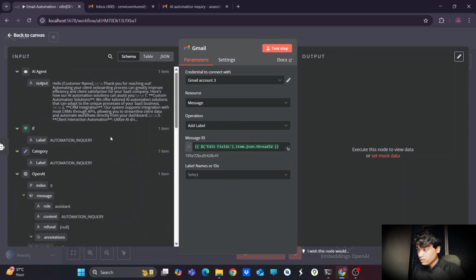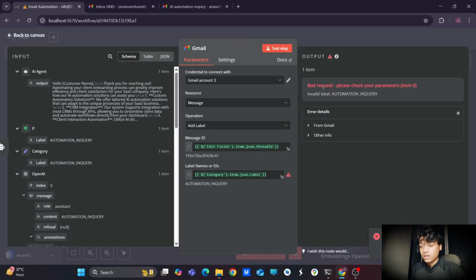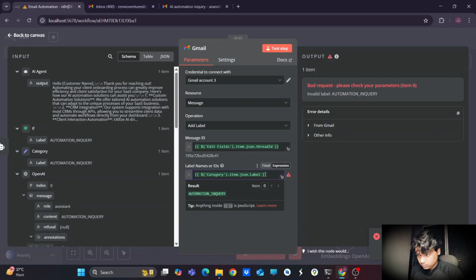Then for the label, I'm using this label from the category. Let's test this step to see if it marks the proper label or not. It is saying invalid label.